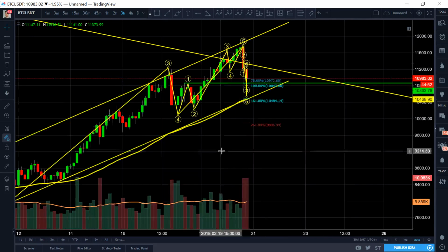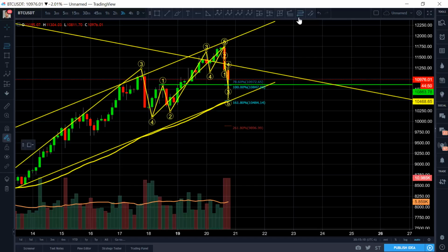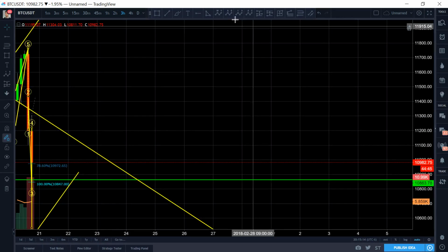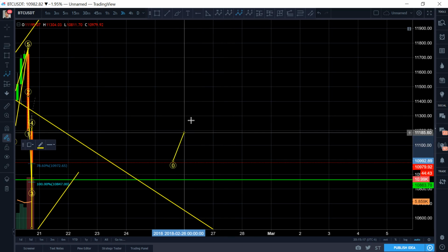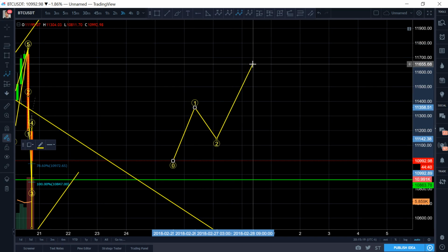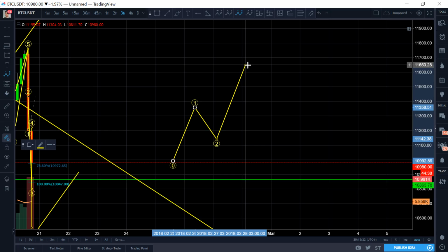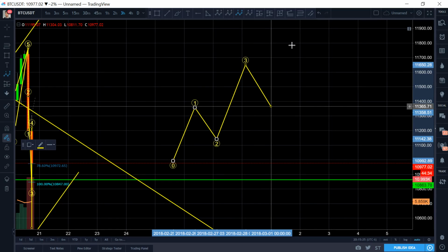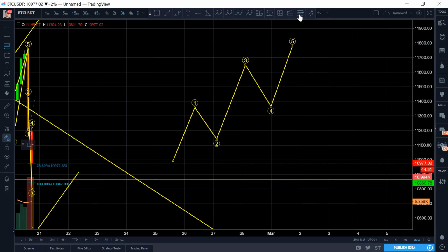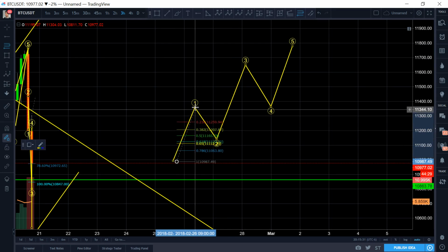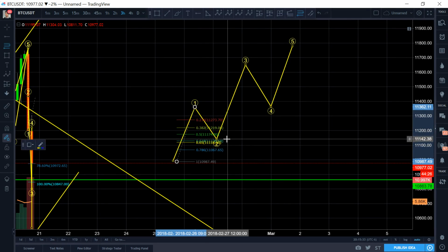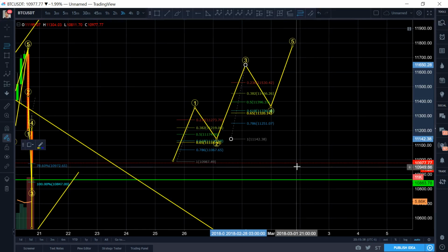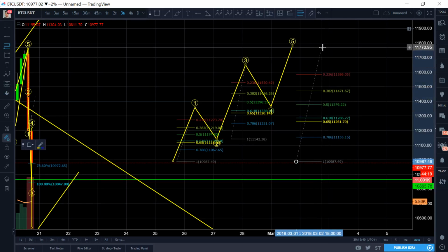So a lot of people are actually doing this, and I don't recommend this at all, guys, okay? I'm going to explain to you guys Elliott wave from the perspective of Fibonacci. So Fibonacci says this, you got to use that tool of yours just like that, okay? So if this was 1, 2, 3, 4, 5, what you guys got to make sure is you take Fibonacci of wave 2 only for wave 1 territory. You take Fibonacci of wave 4 only for wave 3 territory, and then you take Fibonacci of wave 5,